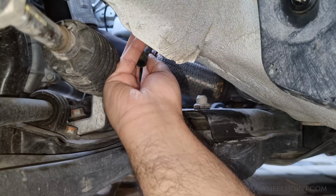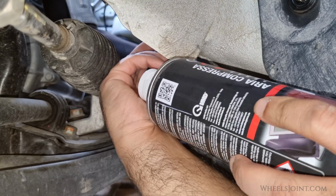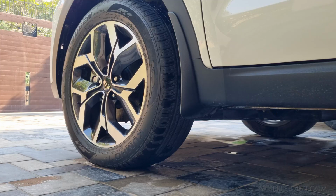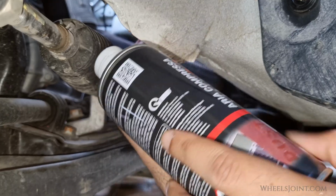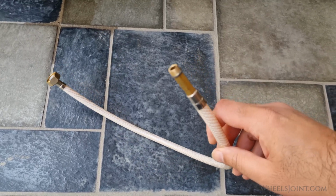Now it's time to spray compressed air into the hose. However, due to very tight space, it's impossible to do so. The can just won't reach the hose opening. To give myself more room to work, I turned the steering wheel all the way to the right, but still it wasn't enough. So what I'm going to do is use this hose that I have lying around to extend